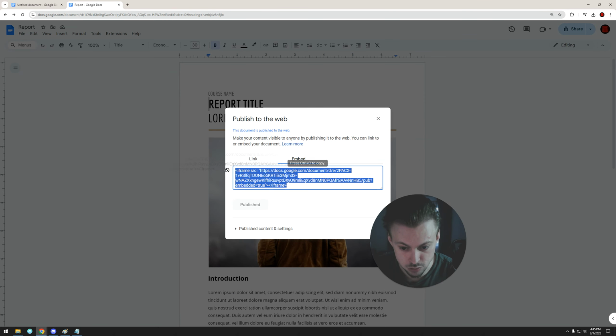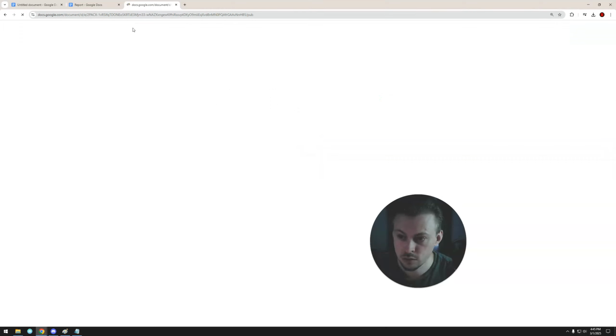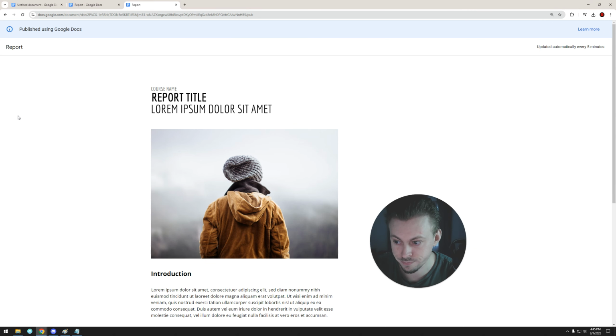Embed it. Yeah, you just put this anywhere on your website. It's gonna get a frame that will contain your Google Doc. It's not gonna be editable. It's gonna look exactly like this, like the HTML link. So yeah,